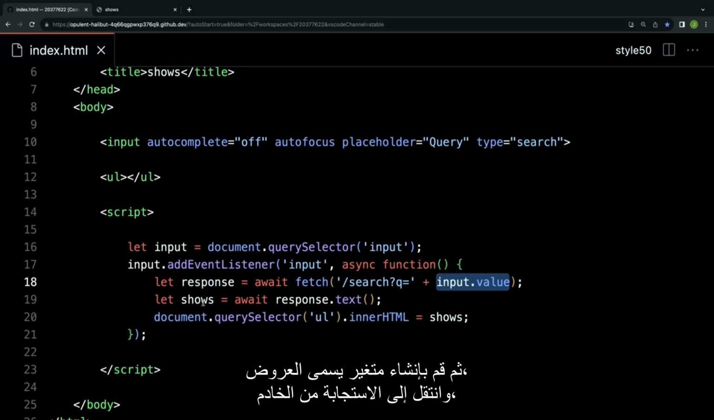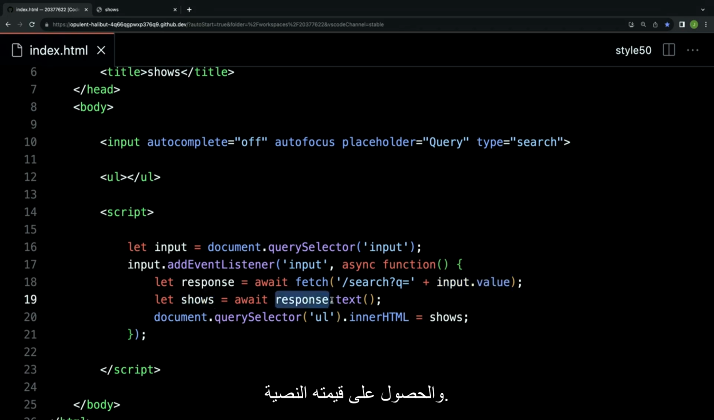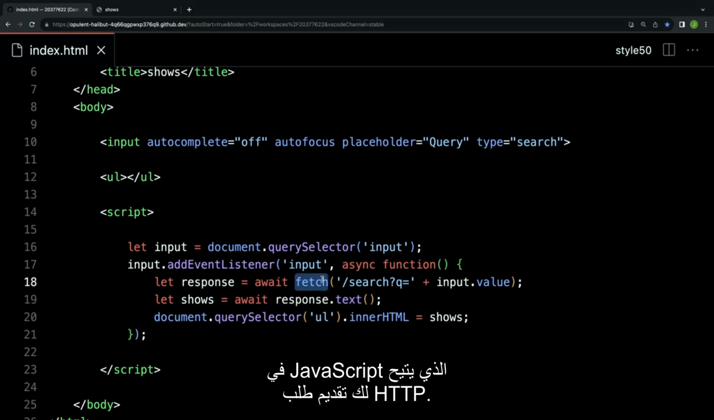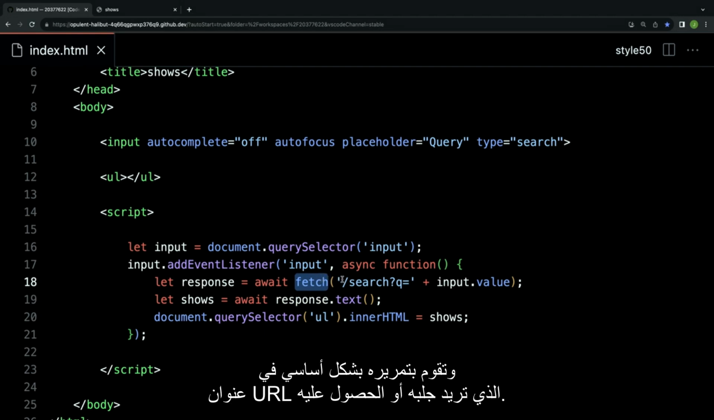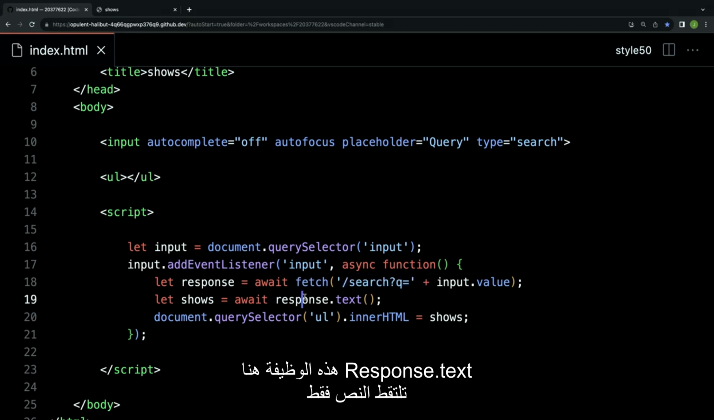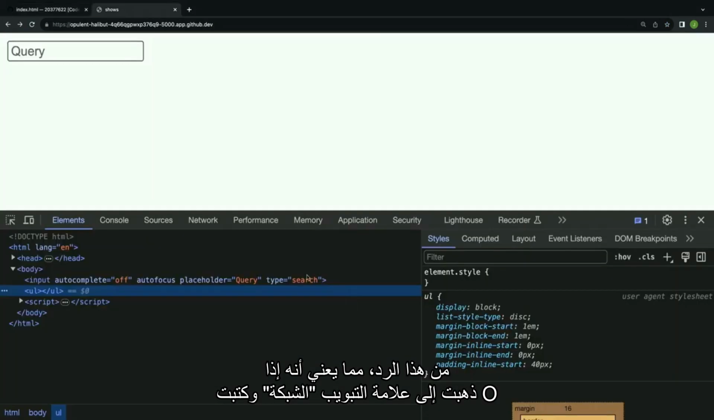Then create a variable called shows. Go into that response from the server and get its text value. So we're not going to spend much time on this, but fetch is a function that comes with browsers today in JavaScript that lets you make an HTTP request. Fetch more content from the server, and you essentially pass it in the URL that you want to fetch or get. This function here, response.text, just grabs the text from that response, which means if I go to the network